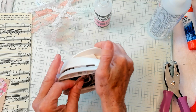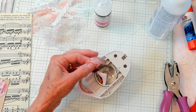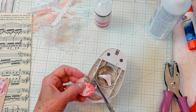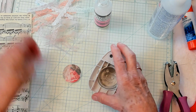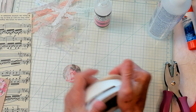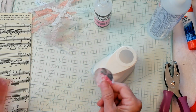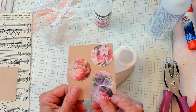Oh, well, that didn't do very well. My goodness gracious. My punch needs to be sharpened. I guess I better run it through some metal, some kind of thin metal. All right, it's okay. Now, once you get this and you get your punch, you need to glue them onto some very hard